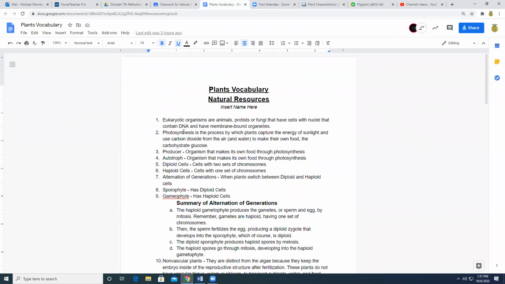So eukaryotic organisms, we're talking about multi-celled organisms. Prokaryotes would be one-celled organisms, bacteria, that sort of thing. Eukaryotes are animals that are multicellular, that have a nucleus and have DNA and membrane-bound organelles. So when we talk about, I've got these things hanging in my class, that right there is a plant cell. It's got all those organelles in it, and we'll talk more about those as we move through plant soil science. But that is what a eukaryotic organism is.